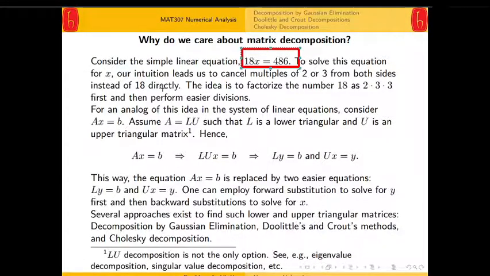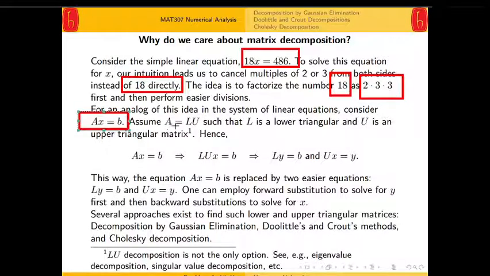Okay, so this is sort of a different approach to get the solutions instead of dividing both sides by 18, because dividing both sides by 18 looks kind of harder than dividing by 2 and 3 and 3 successively. So this way we say we factorize the number 18 as 2 times 3 times 3 first, and then perform easier divisions. For an analog of this idea to the system of linear equations, we consider Ax equals b,